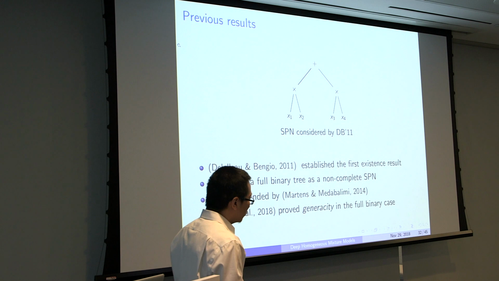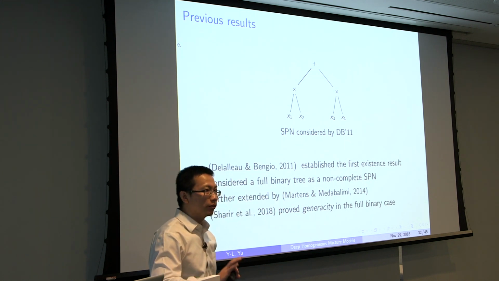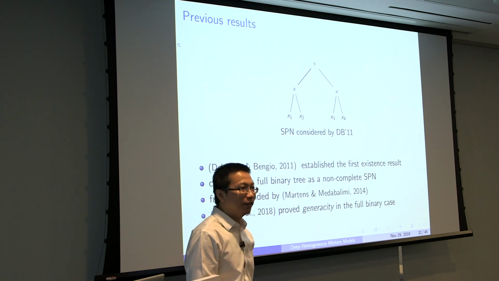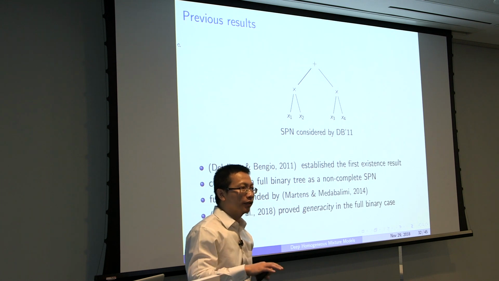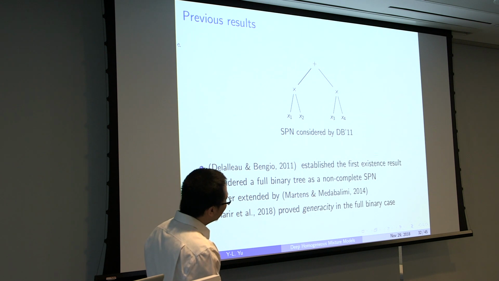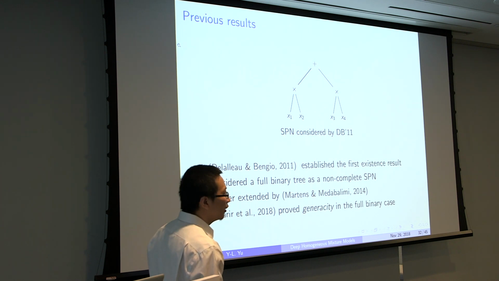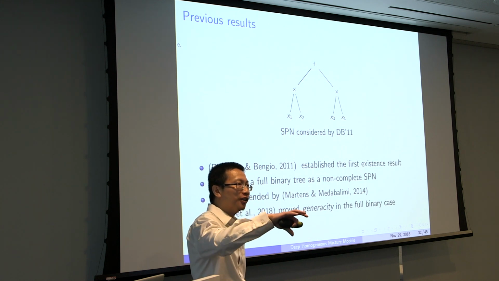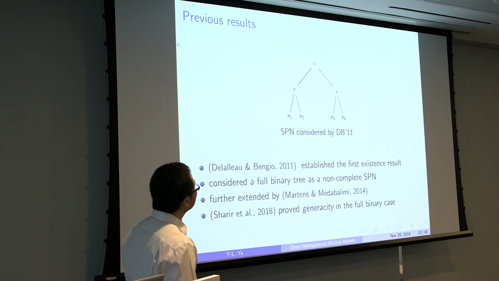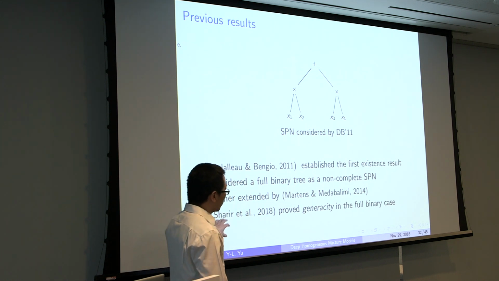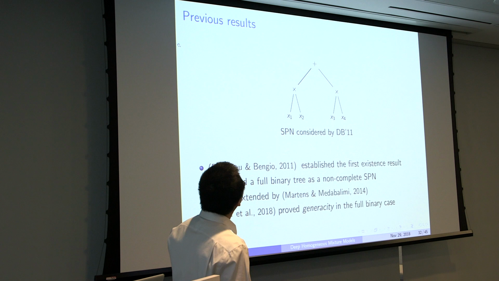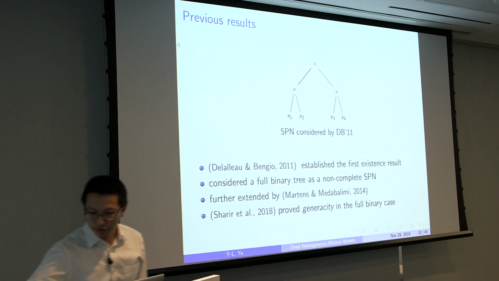And what Zhao et al. did was to rule this possibility out, because they proved that, in fact, it's not just this particular example, it's actually almost every sum product network that has this property. And in fact, the interesting thing is this existing result and this almost sure result are actually equivalent. So if you can prove one network has this property, then almost every network has this property. Okay. So what we did is basically we generalized the result of Zhao to any tree instead of a fully binary tree. Okay, so that's all I want to say about the